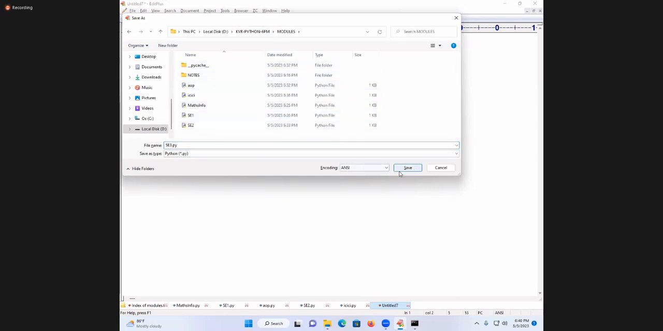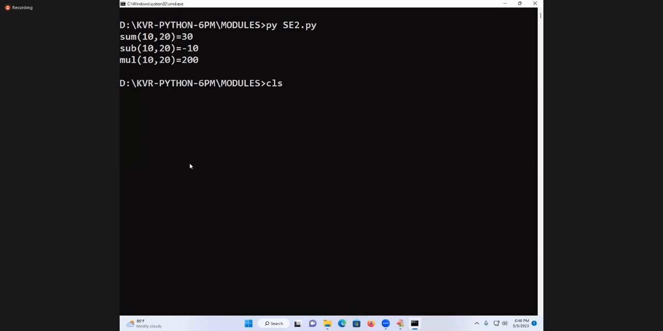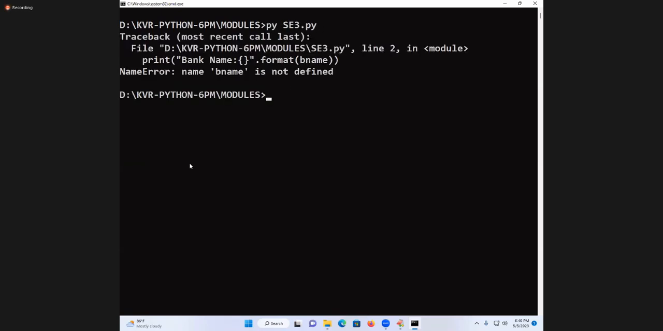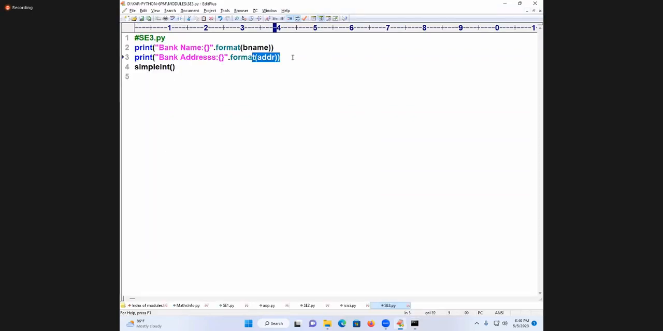I'll say here, save it SC3. Go to the place here. Now I am going to say py error, B name error. Next is called what? Address error. Everything error or not? What I will do? Come on. Import